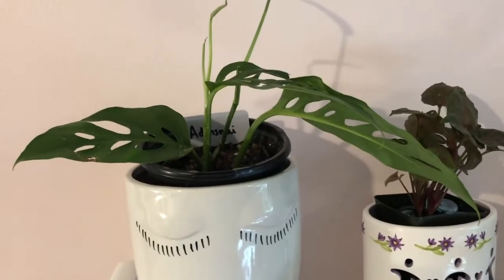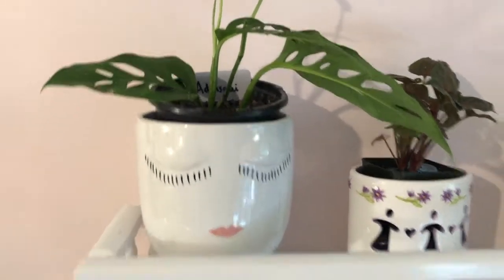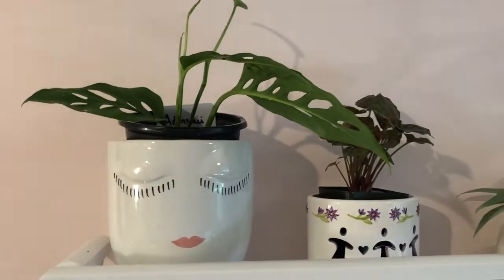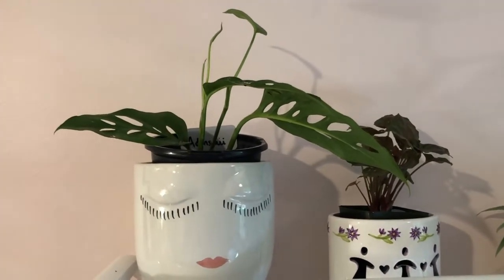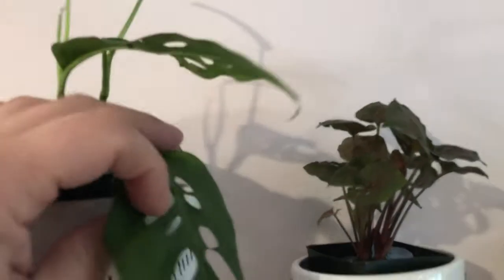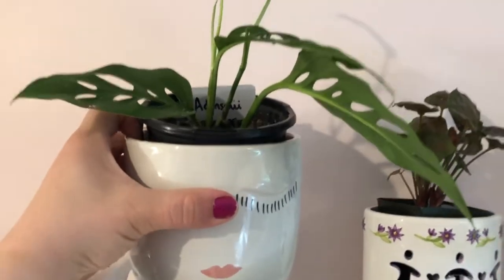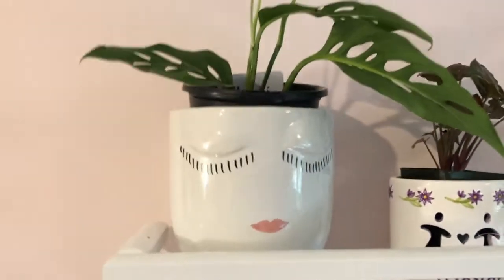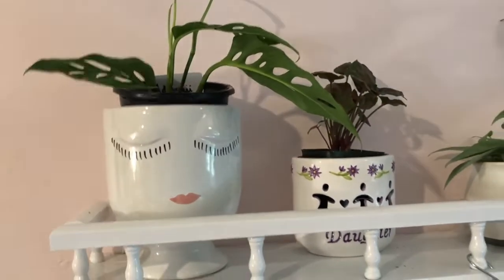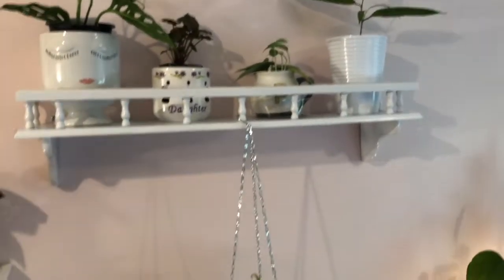And next to that is my face planter. And these cuttings of Addisoni, I got from my friend Nicole at My Clean Leaves, and it was a wish plant. So thank you very much, Nicole. It's the new hair for my planter. So that's that shelf, and then underneath that shelf